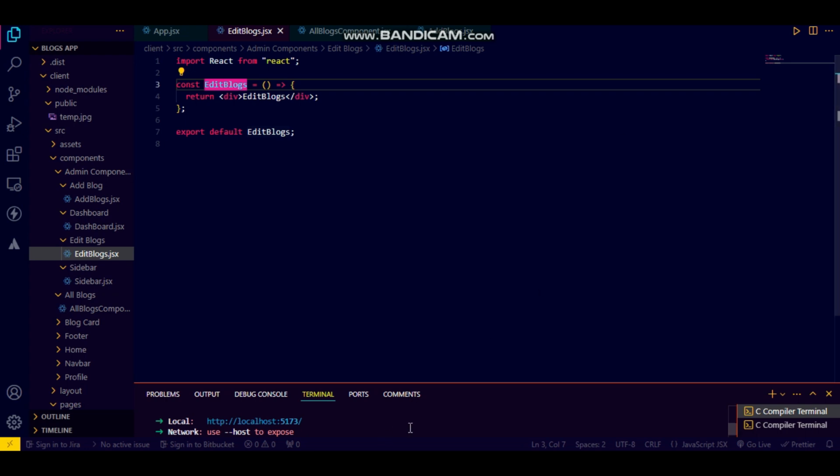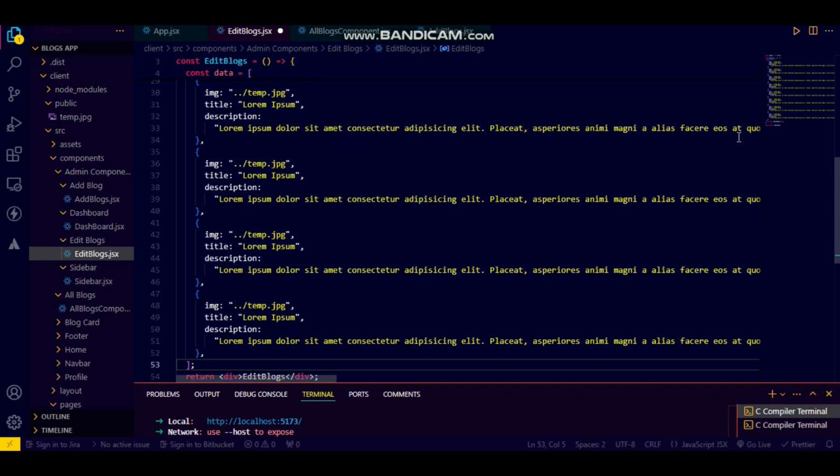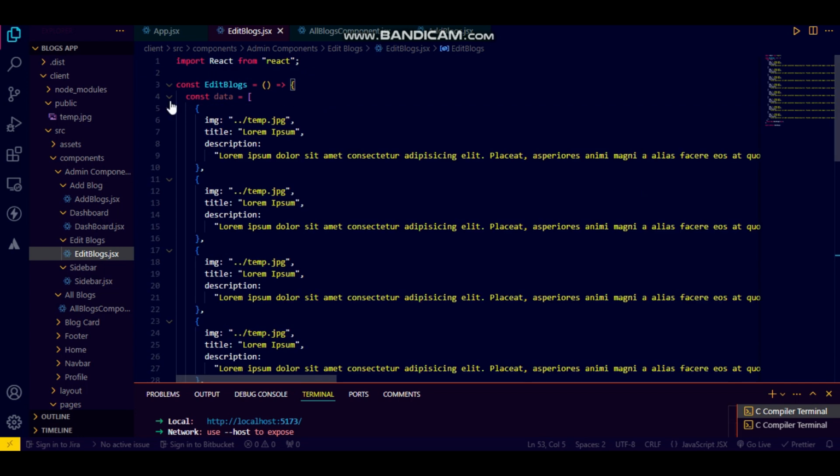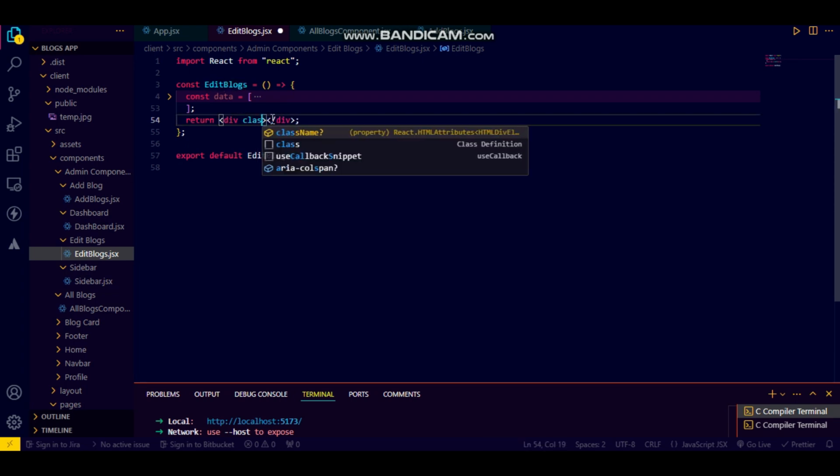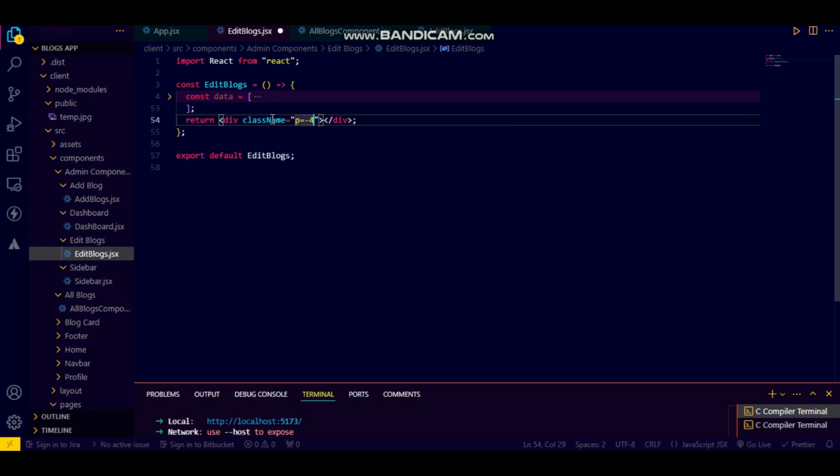Right now we need to work on this added blocks. What I can do here is just have the random data again. You can generate it according to you. I just want to show the data here again. First of all, class name, you can say it as a padding of 4,